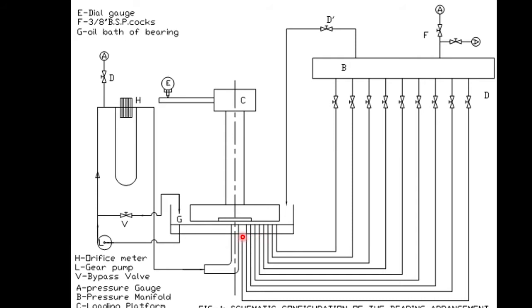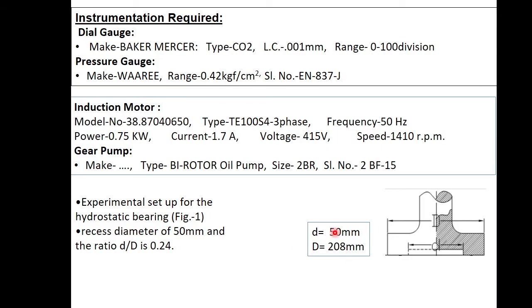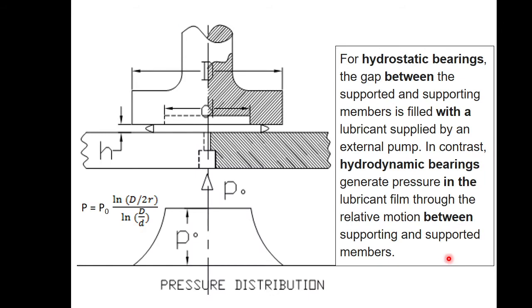First one, radius 20 means diameter is 40. And what is this measurement? The radius is 25, because the diameter is 50. Diameter is 50, small d, so this is 25. We have a tapping within the pocket, and this is 208, so 104 is the radius. And our last tapping is at 90 millimeter. So those are the tapping points, and manometers are connected through those tapping points. So what will we get from there? We will get this distribution.